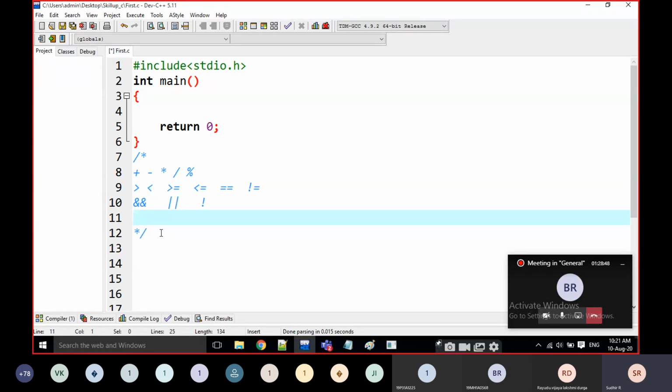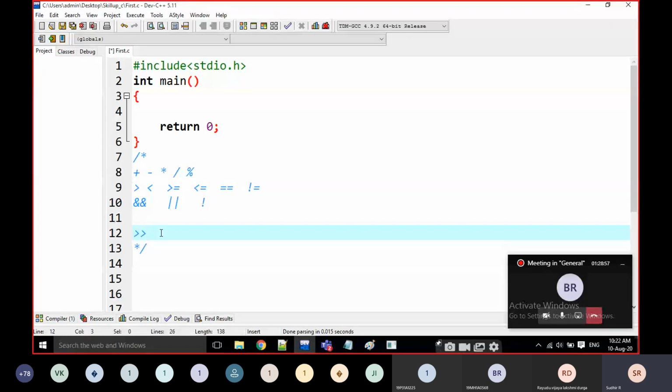The last one is bitwise operators. Left shift operator, right shift operator, bitwise AND, bitwise OR. If you write two ampersands, it is a logical AND; if it is a single ampersand, it is a bitwise AND. Two pipe symbols mean logical OR; one pipe symbol is a bitwise OR.